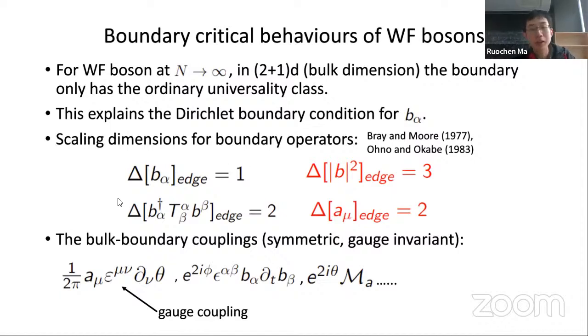For example, a single Wilson-Fisher boson in the O(2) vector representation has edge scaling dimension 1. And remember that in the bulk, a single boson has scaling dimension 1/2, the same as the Gaussian fixed point. And there are some other scaling dimensions for the edge operators, and two crucial